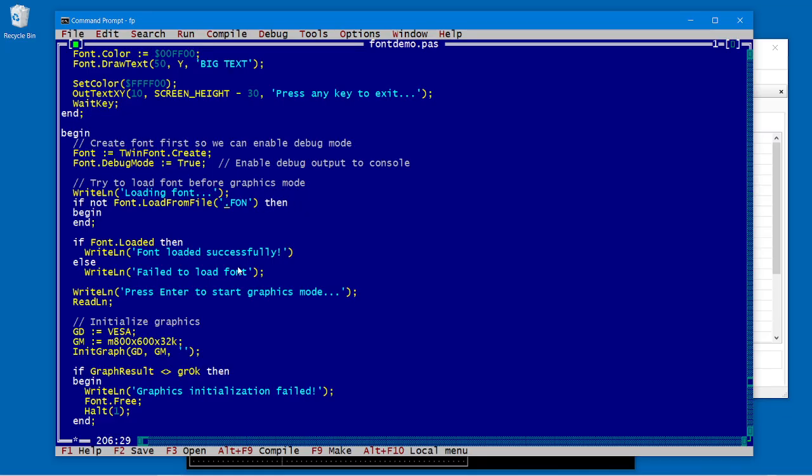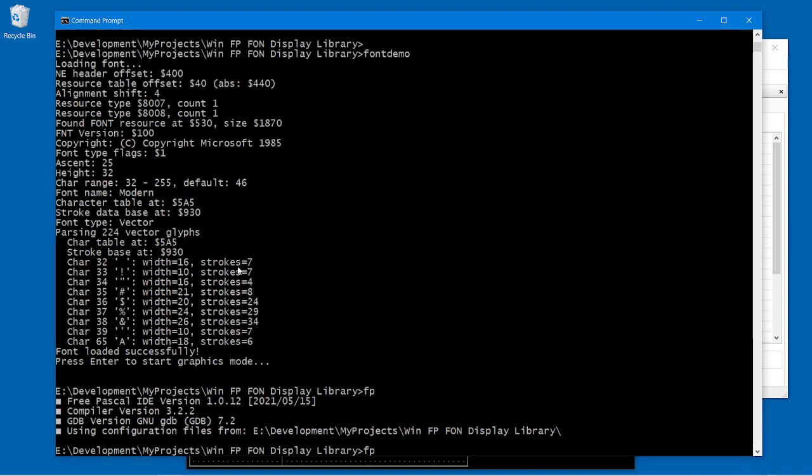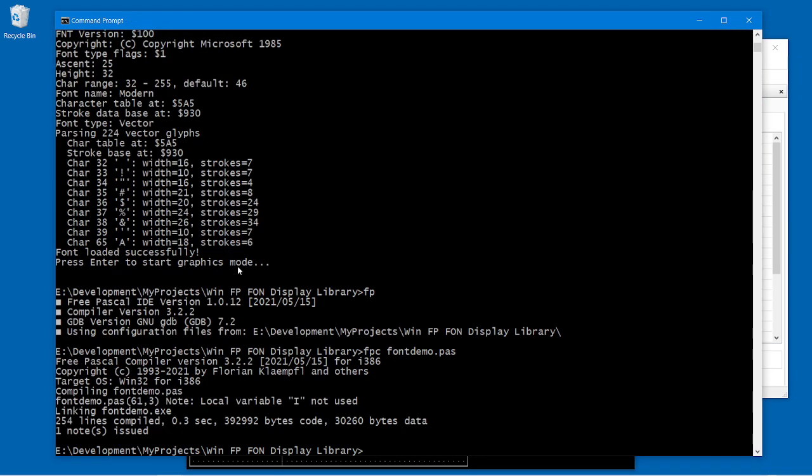I'm just going to change this to Kirby, which is a Courier bitmap font. The B at the end signifies bitmap. I'm going to save this, exit here, and compile it from the command line. And if we run the font demo again,